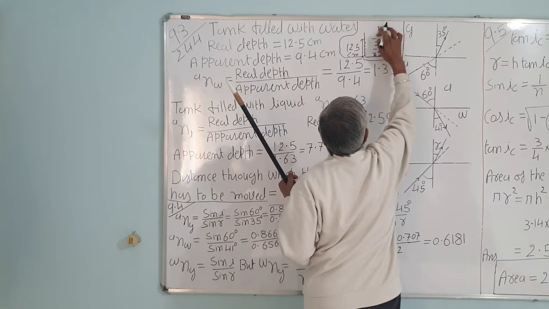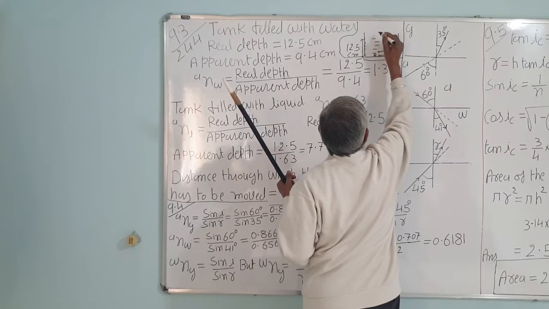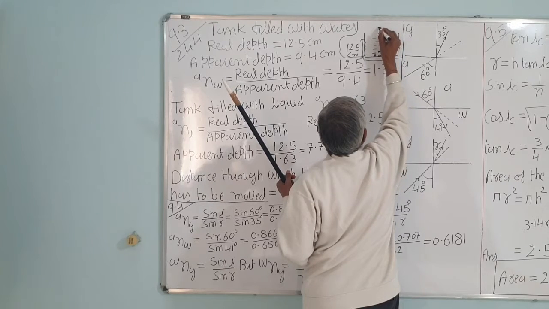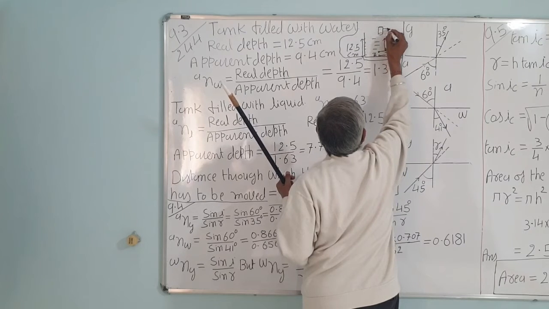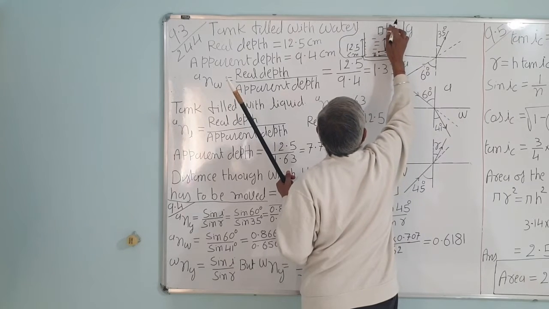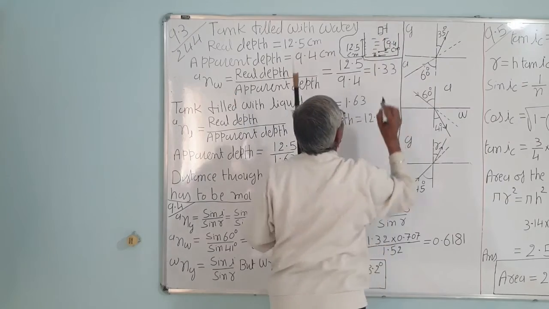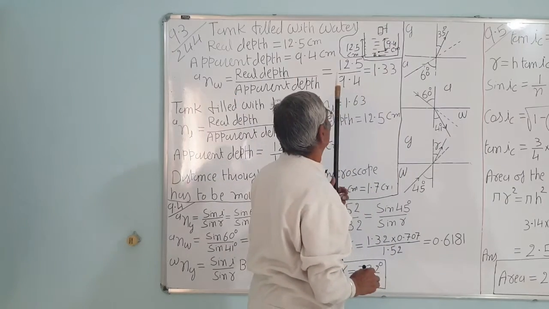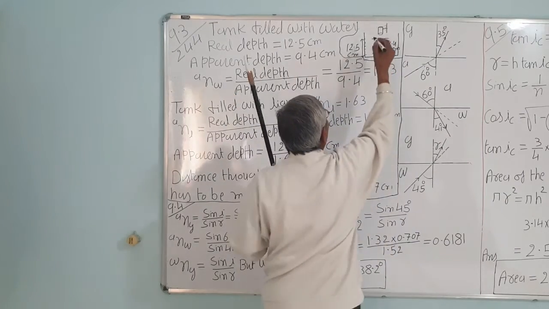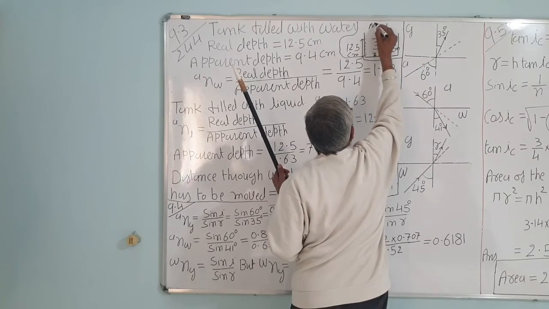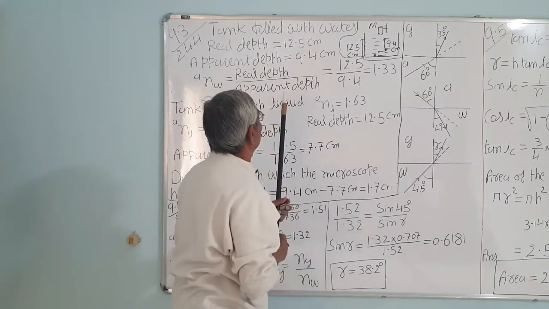This is a microscope tube. There is a vertical scale used to move it. This scale is graduated, so you can see the reading on the scale of a traveling microscope. The M is a traveling microscope, correct.